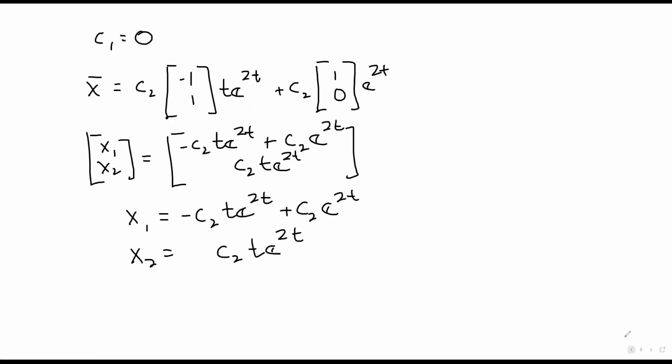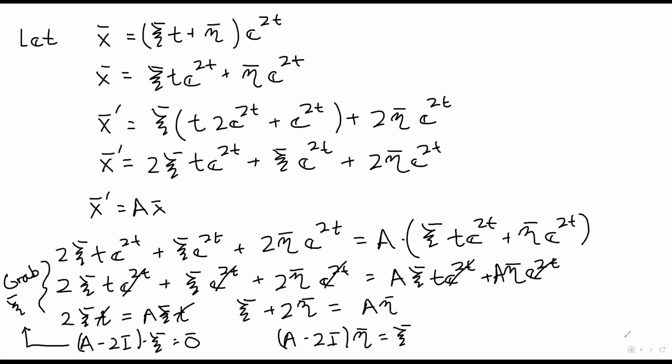So that is when you go through and let x equal xi t e to the 2t plus eta e to the 2t. The consequences, you get these two equations. This one we've already solved. We want to take the xi that we got from that one and just pop it over on the right-hand side of this second equation